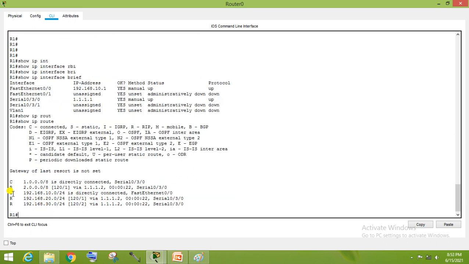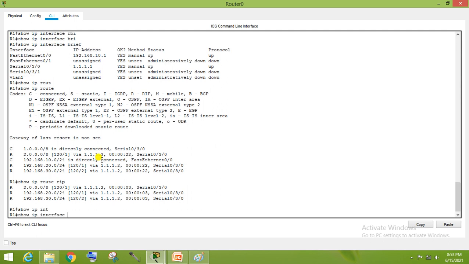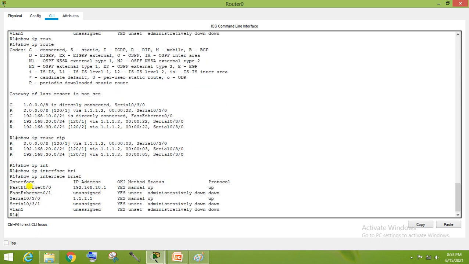So currently you can check the complete routing table of this router, and if checking only RIP, you can check it with show IP route RIP. What I'm doing for a redundant path is adding one more link. So first we assign the IP address on the interface, and we assign this IP address on this interface.